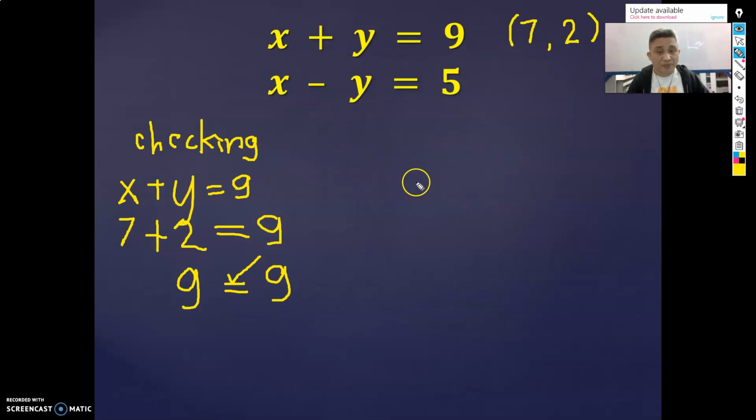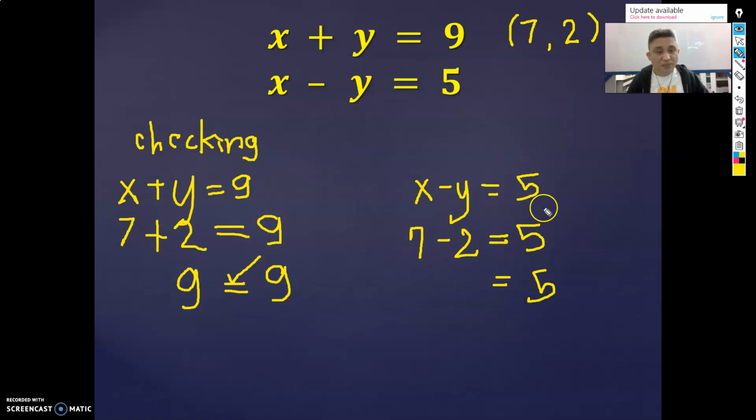Let us write the second one: x minus y equals 5. The x is 7 and the y is 2, equals 5. If it is 5, then subtracting 7 minus 2 equals 5. So, it is correct in the first check and correct in the second check. Therefore, our solution 7, 2 is correct. So, that is example number